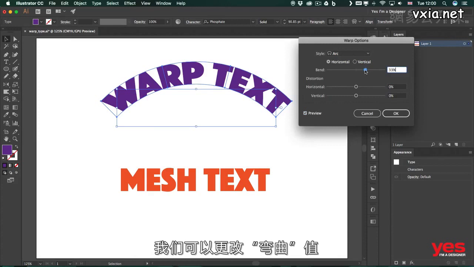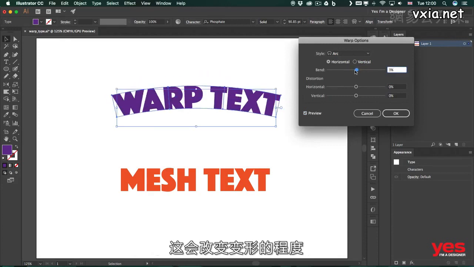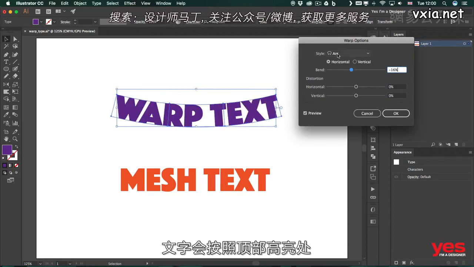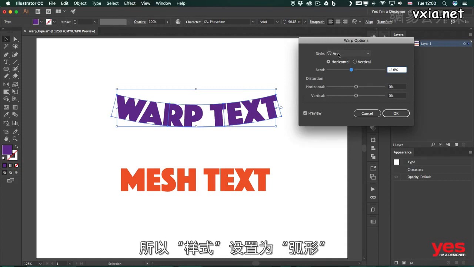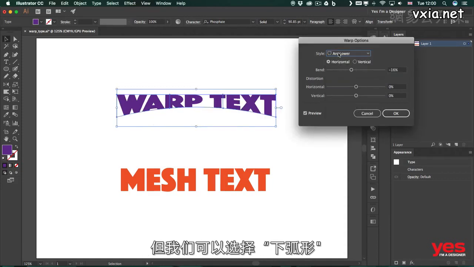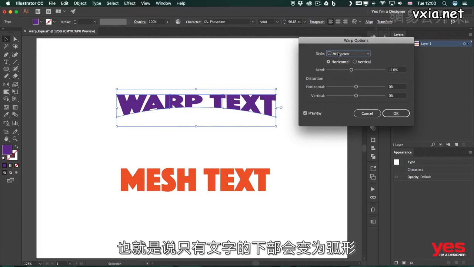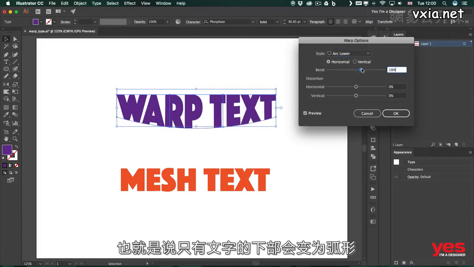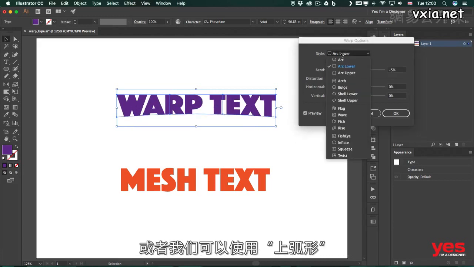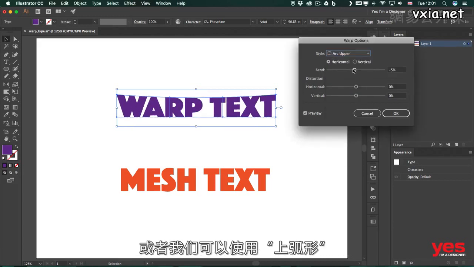So we can change the bend, which is going to change the amount of this distortion that is created, with the style that is highlighted here on the top. So the style is currently set to arc, but we can choose arc lower, which means only the bottom of the text is going to be curved, but the top stays straight. Or we can use arc upper when it's the opposite, so only the top of the text is going to